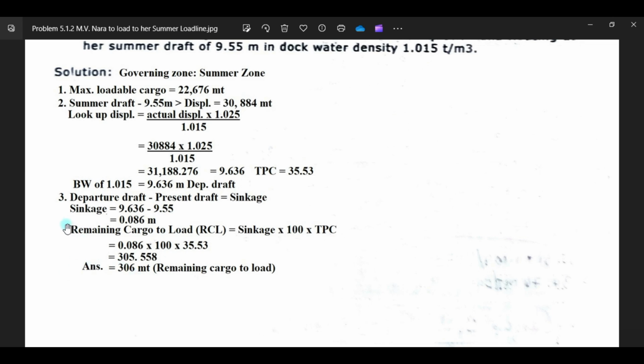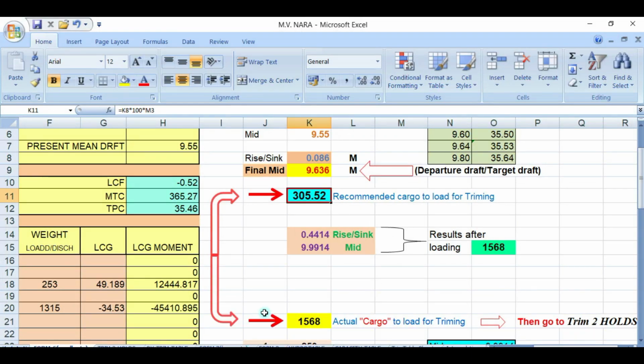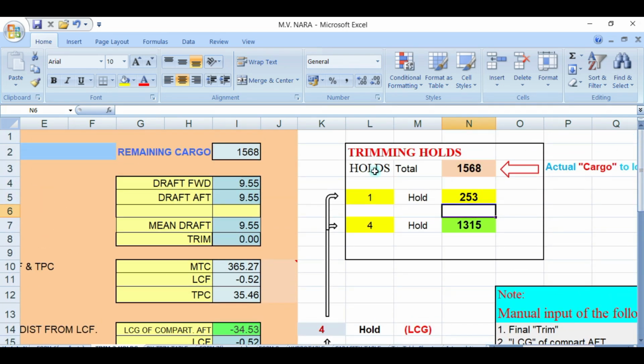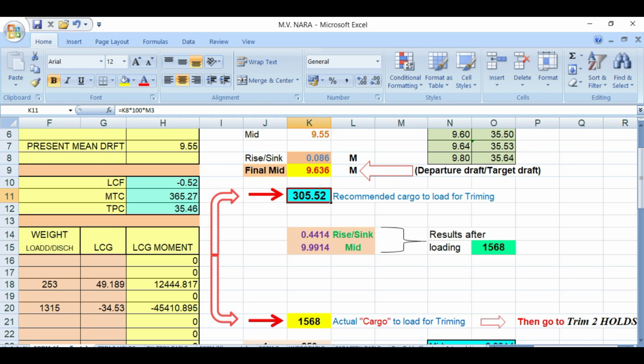So this is the only number 3 that is only asking how much is the remaining cargo to load. But we will continue with the program. So if you have this remaining cargo to load, I want to load it in trimming hold 1 and 4. Okay, then let's go back.